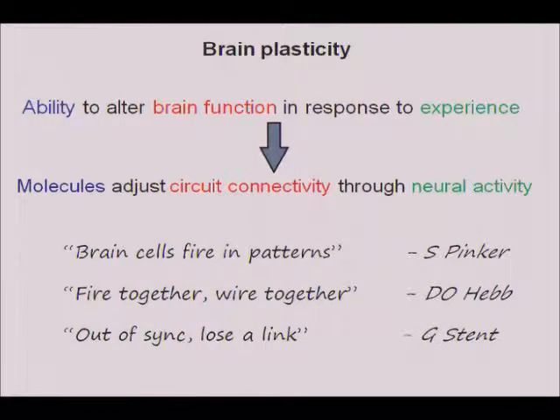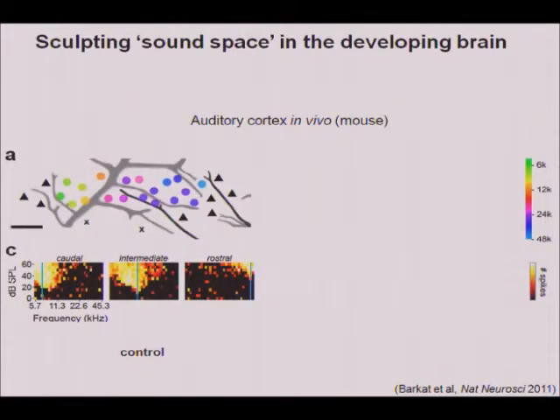So let me give you an example. If you raise a mouse listening to a tone passively, then you can, in fact, rewire the neural circuitry responding to the sound. And this is done by electrophysiological mapping. So what you're looking at here is the surface of the auditory cortex of a mouse, and each of these colored dots represents the best frequency that activates neurons next to an electrode in that region. These gray and black lines are blood vessels on the surface of the brain as landmarks.